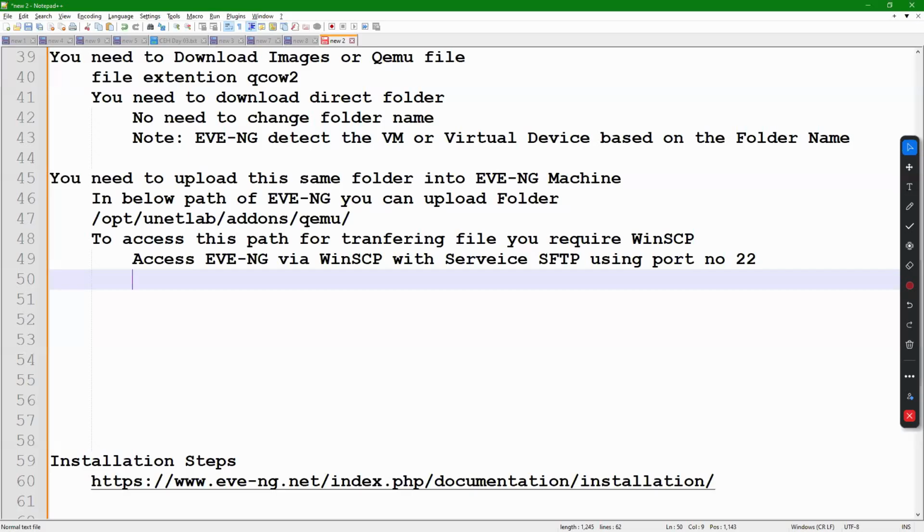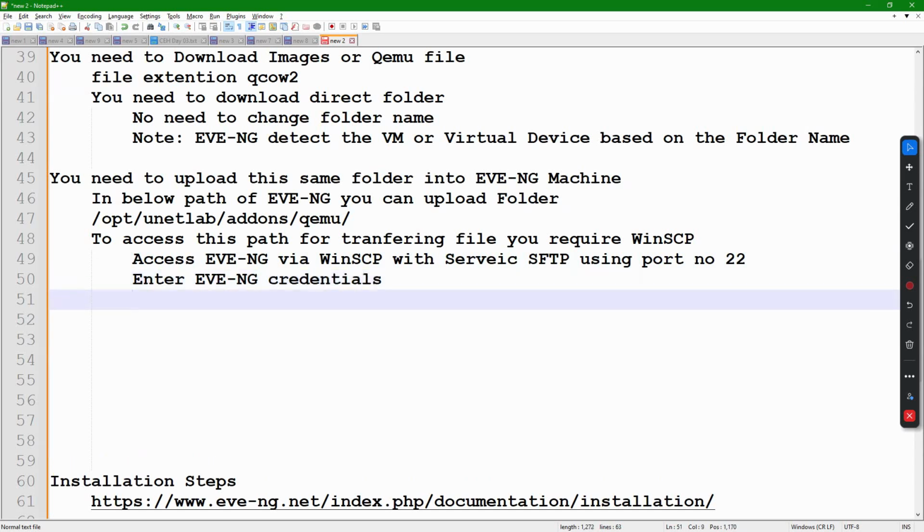Okay, everyone. So access the EVNG via WinSCP with the service SFTP, using port number 22. Enter EVNG credentials. Okay, here you don't need to type the graphical credential.